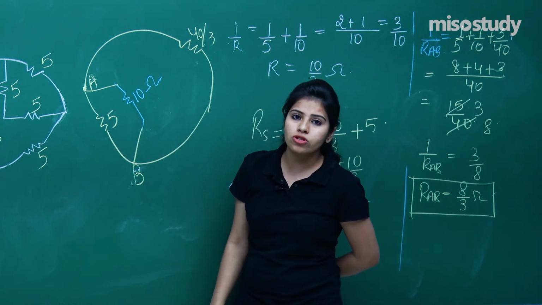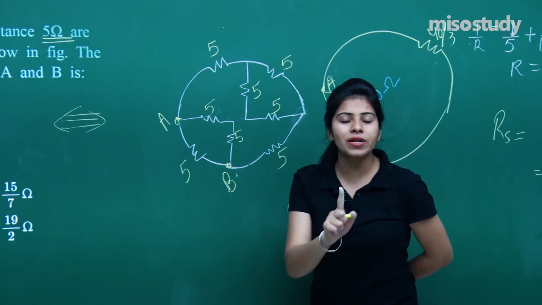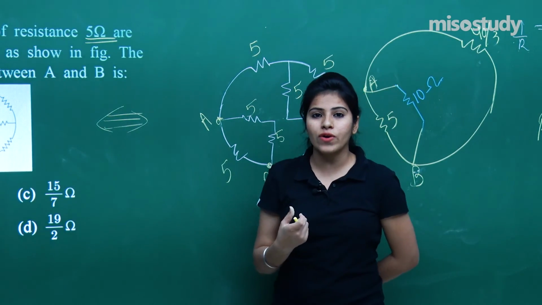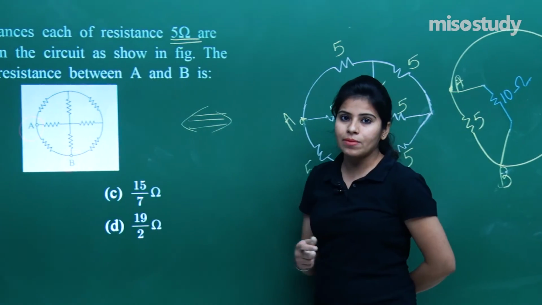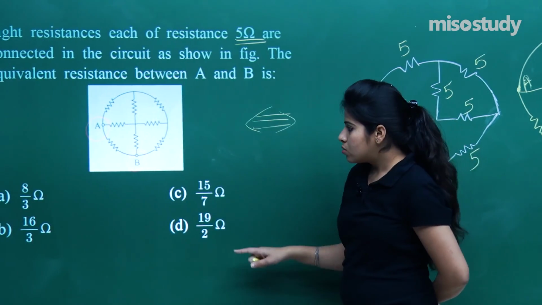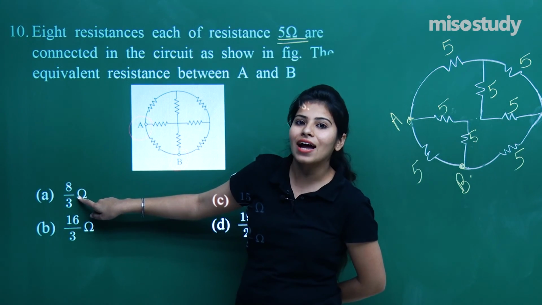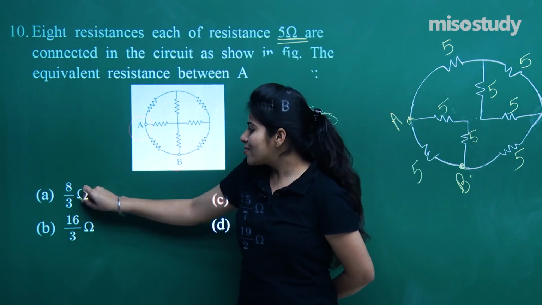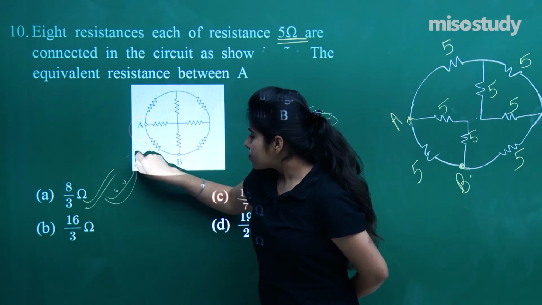And it's now time to check from the options whether there is any option with that or not. First of all, decide which face we are going to make, whether we are going to smile or laugh or dance over here. Or it can be that there is a wrong answer and we have to cry for that. So yes, we have got one correct answer and that is 8 by 3 ohm. So shall I dance here? Not at all. So that means 8 by 3 ohm is the correct answer. You can laugh over here.